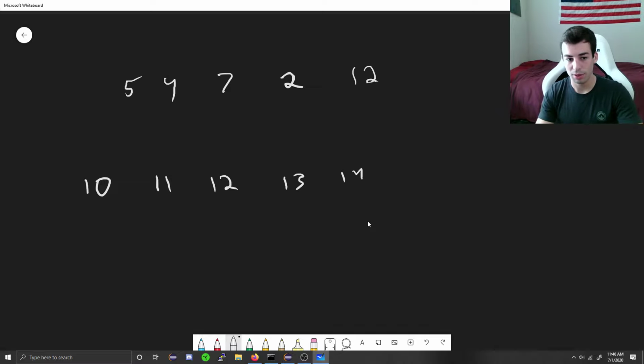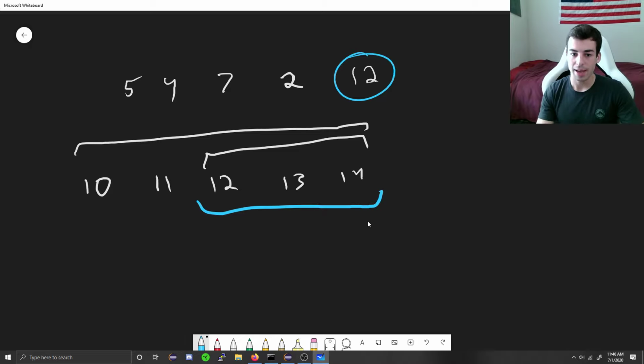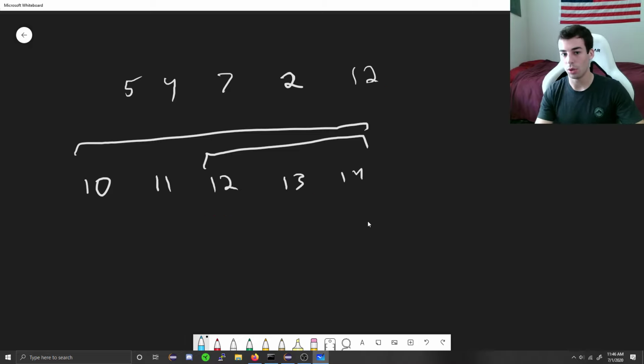So this 12 we can put in any of these 3 positions. Any of the other 4 numbers we can put in any of the positions. So if we go from the right to the left, what we can see is when we hit the 11 really, we're like, okay, in one of these 3 positions we're going to have to put this 12. And the number of ways of doing that are, since there's only one number, there are 3 ways